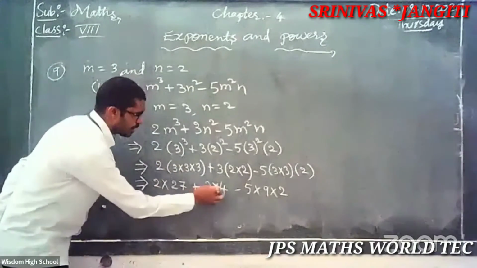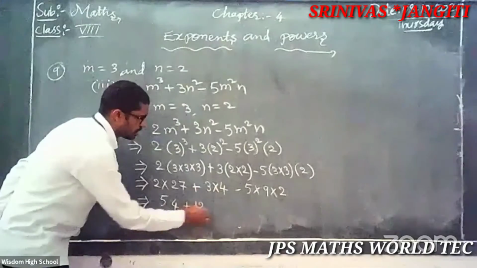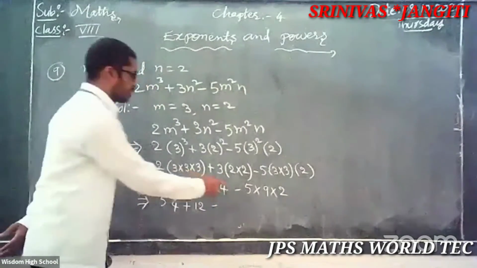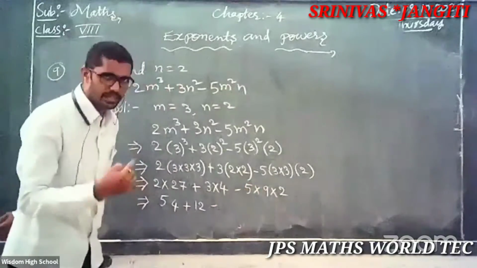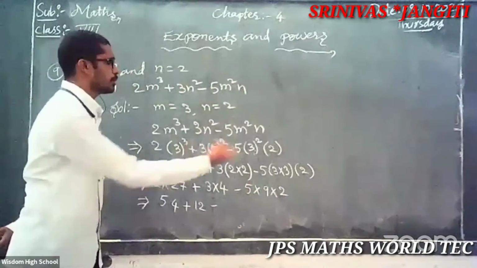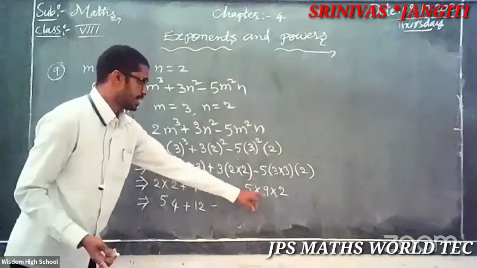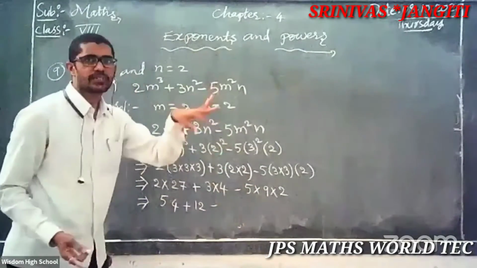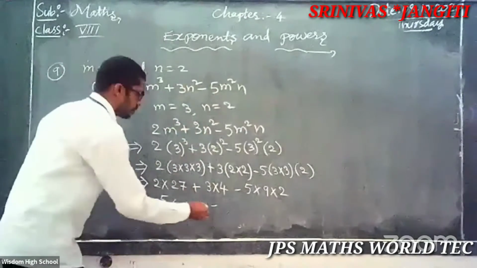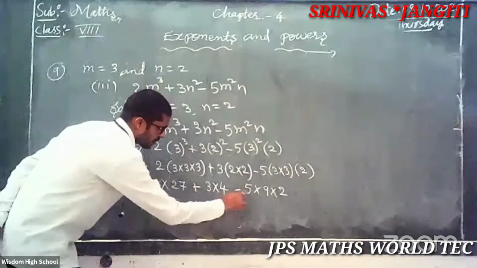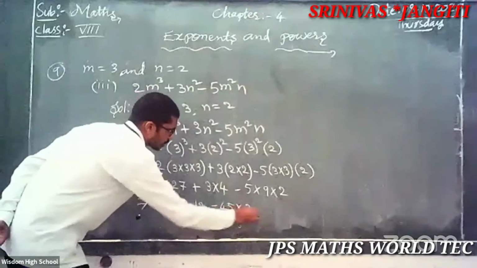After what is here? Plus 3 4s are, what is here? 3 4s are 12. Then after minus, what is here, everybody? 5 9s are 45. Yes, into 2. What is that? 90. Right? 5 9s are 45, 45 2s are 90. Otherwise, you write diagonal step, not a problem. What is here like this? 5 9s are 45 into 2.